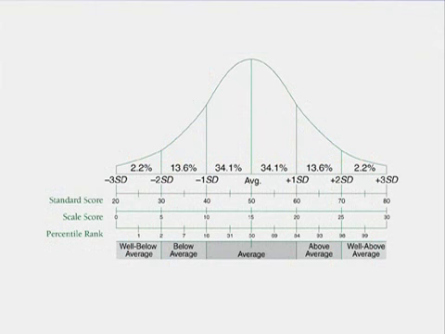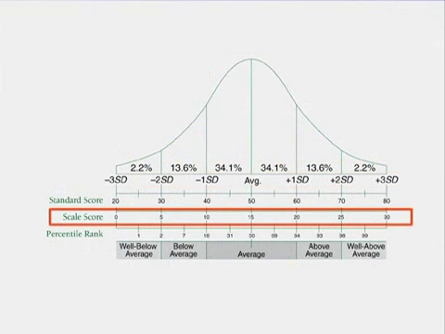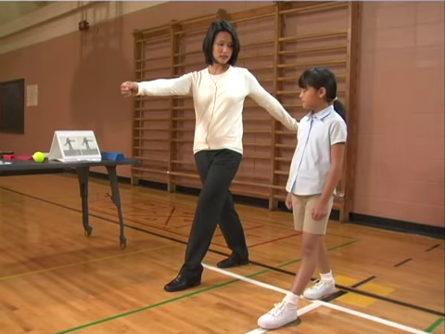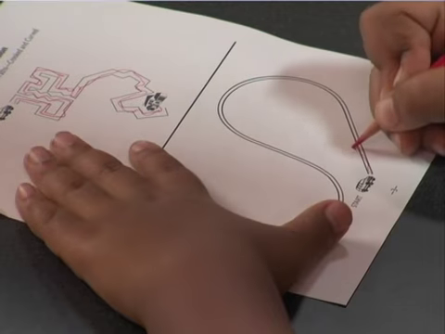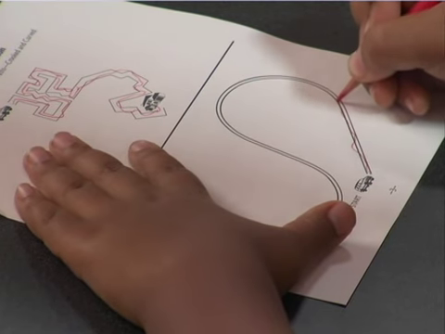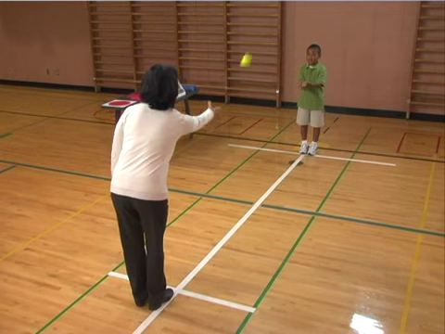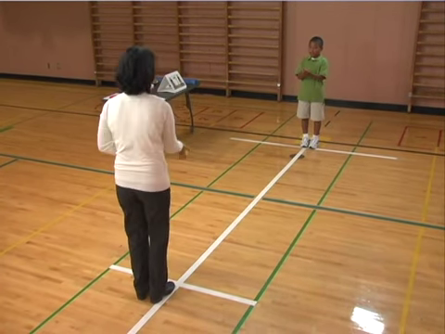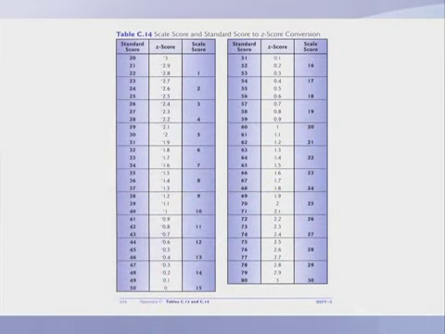This figure illustrates the relationship between z-scores, scale scores, and standard scores. For example, a z-score of -1 is equivalent to a standard score of 40 and a scale score of 10. The principal advantage of using these types of scores is that their meaning is always the same, regardless of the test or age group. For this reason, most programs base eligibility on a standard score or z-score scale. For your convenience, Table C14 in Appendix C of the BOT2 manual can be used to convert standard and scale